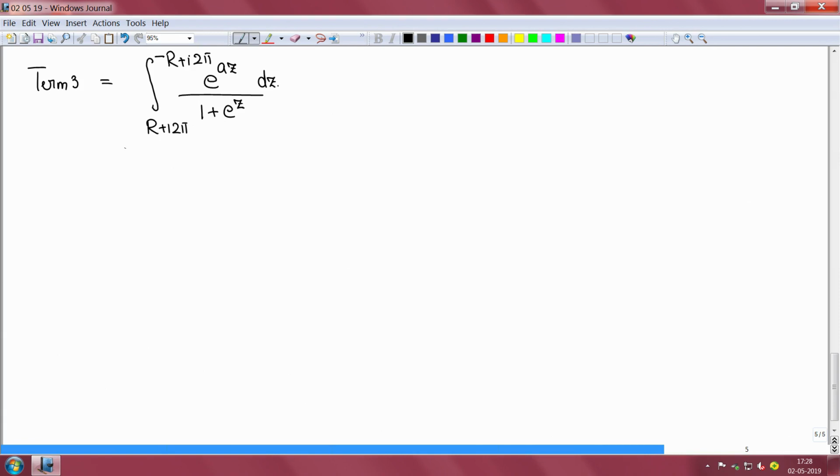On this part of the curve, we can write z as equal to t plus I twice pi, so that dz equals dt. When z is equal to r plus I twice pi, t is equal to r, and when z is equal to minus r plus I twice pi, t is equal to minus r, and so term 3